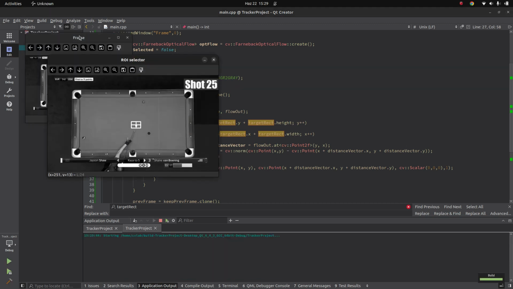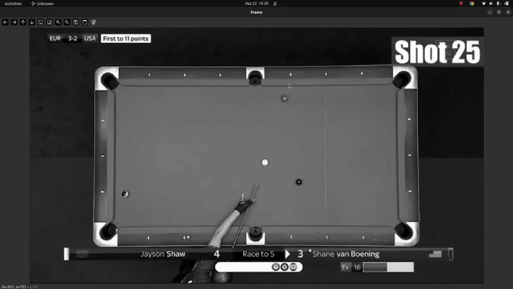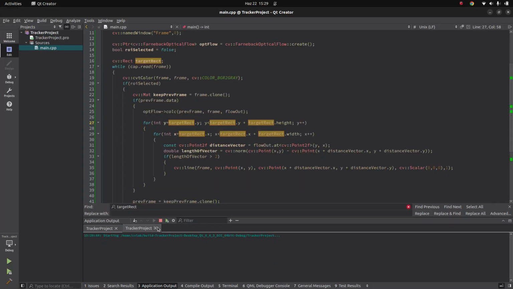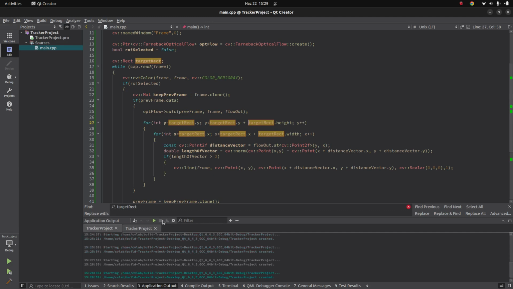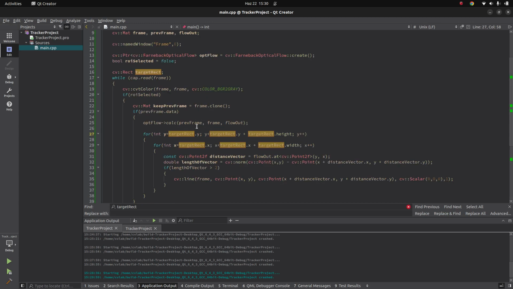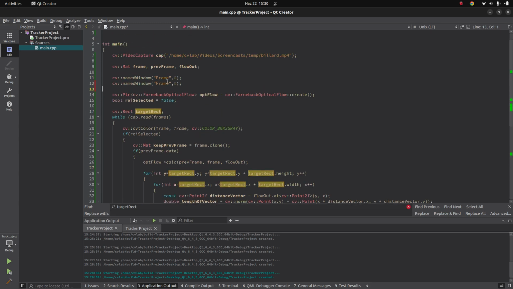Let's detect here and see. Okay, you see in here there were some motions, but always in this area we are checking now. I just wanted to see if this select ROI is working fine. Now it's working fine. I just want to name the window, what was the name, because